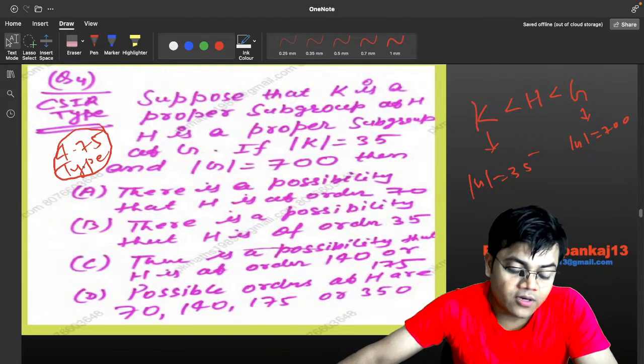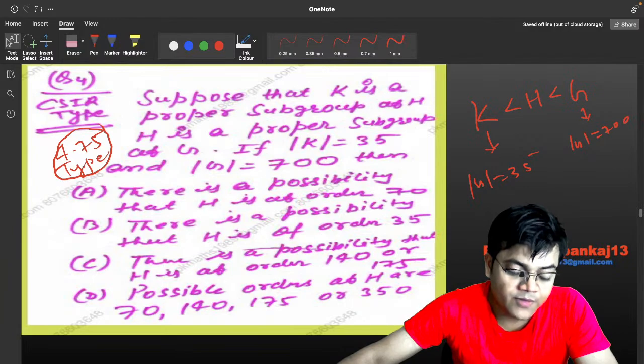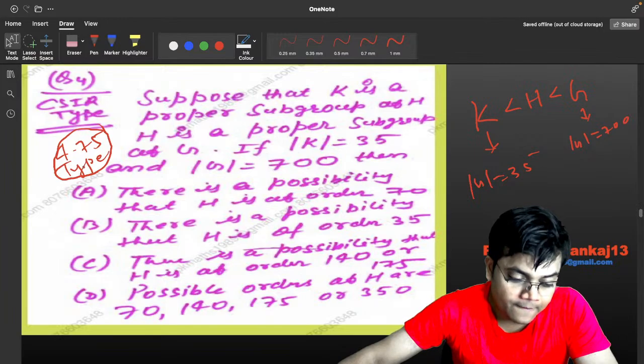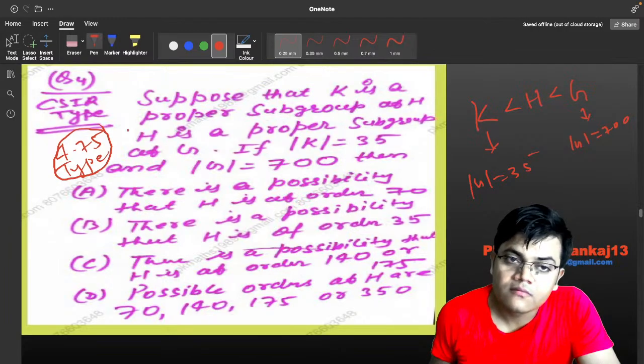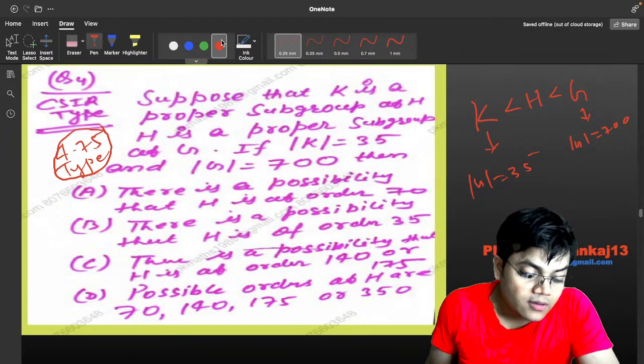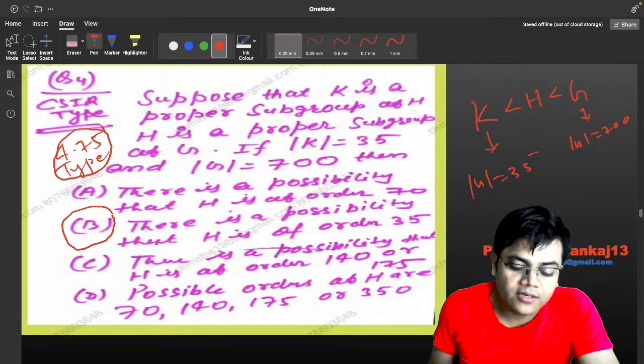The word proper is also meaningful for this question, Prashant ji. So you have to be a bit careful. Yes, proper subgroup. The word proper is meaningful for this question, so you have to take care of it also. Yes, Shivani is saying B, but Shivani, more than one option is correct. And the word proper is over here. So how can you say B?